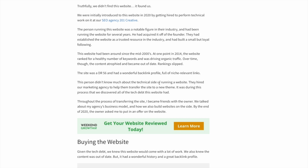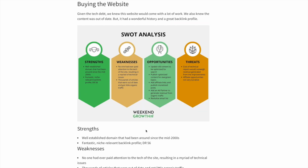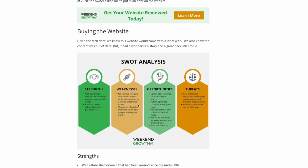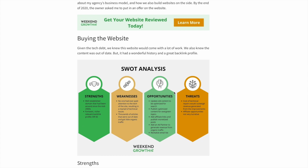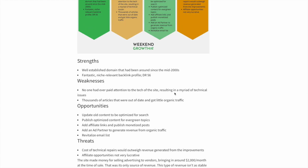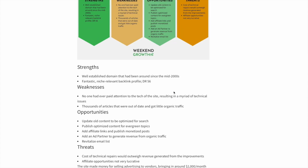And so we were able to come to an agreement. We got a pretty good deal on the site, and we were able to purchase it for, again, about the mid 5 figures is what the site ended up landing on. So again, we always start with a SWOT analysis, and SWOT is an acronym for strengths,